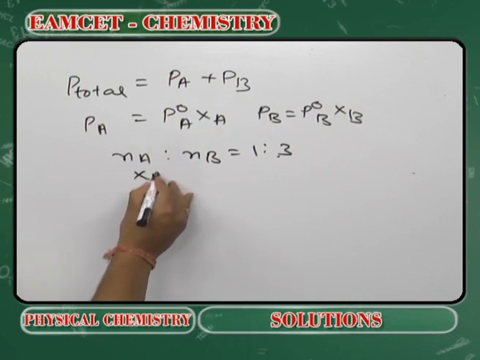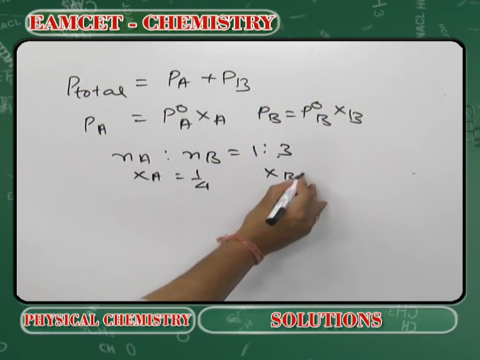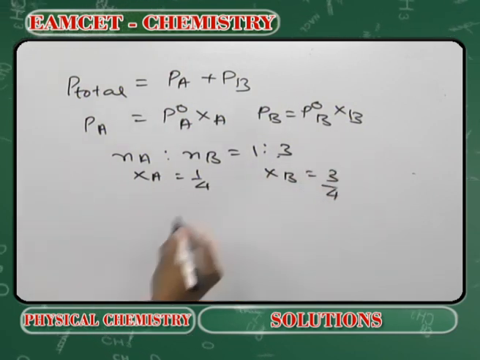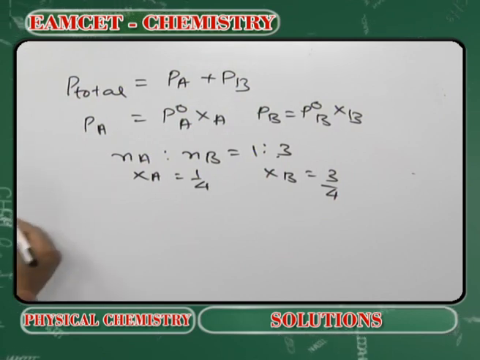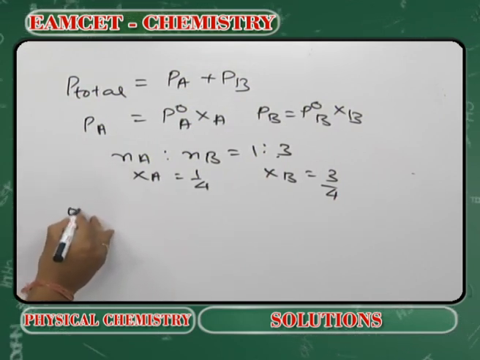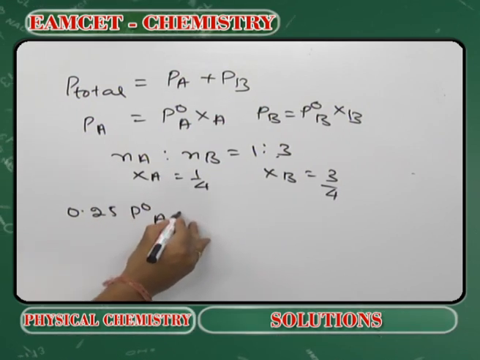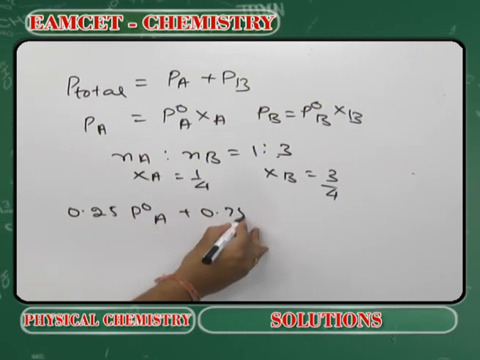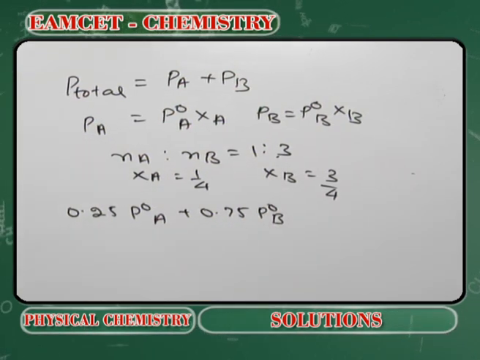What is the mole fraction of B? 3 by 4. So what is the first expression? 0.25 into P naught A plus 0.75 into P naught B